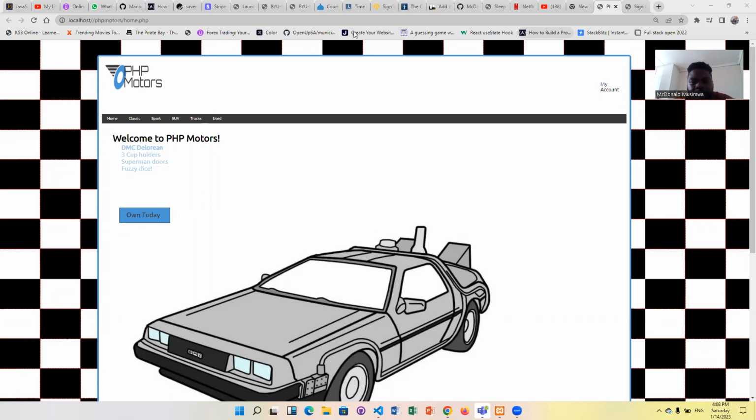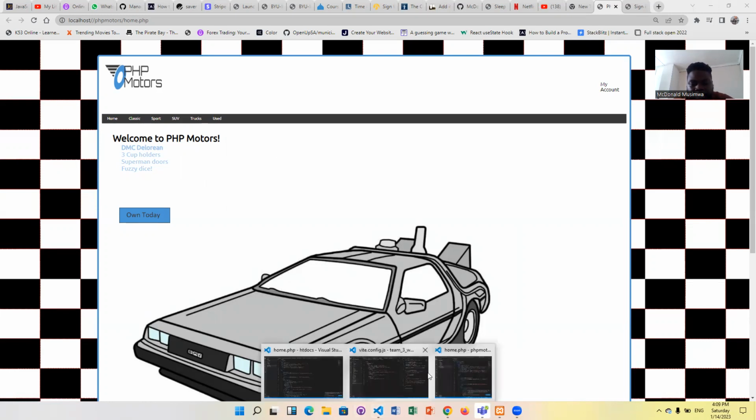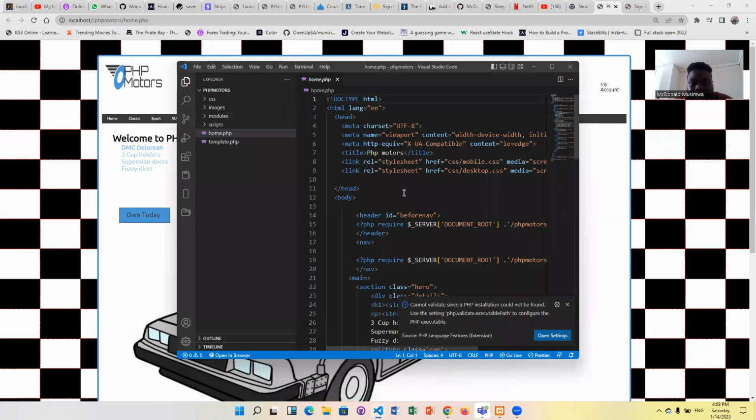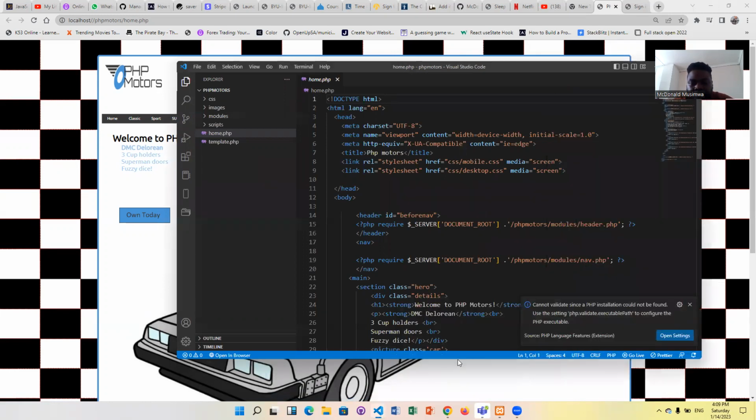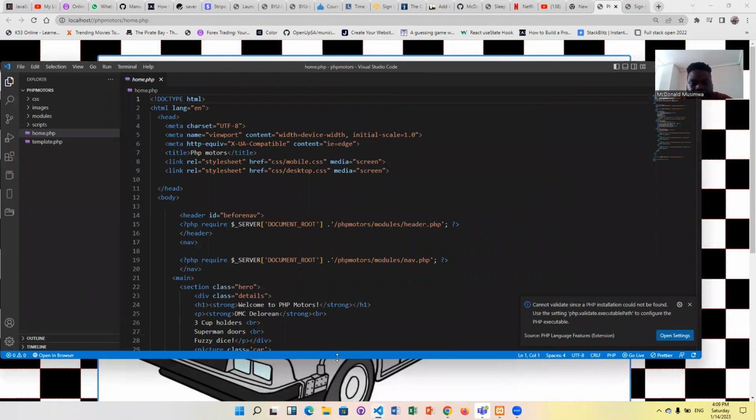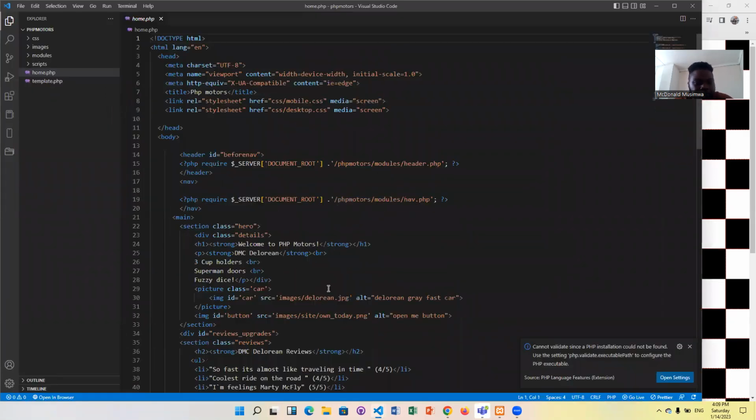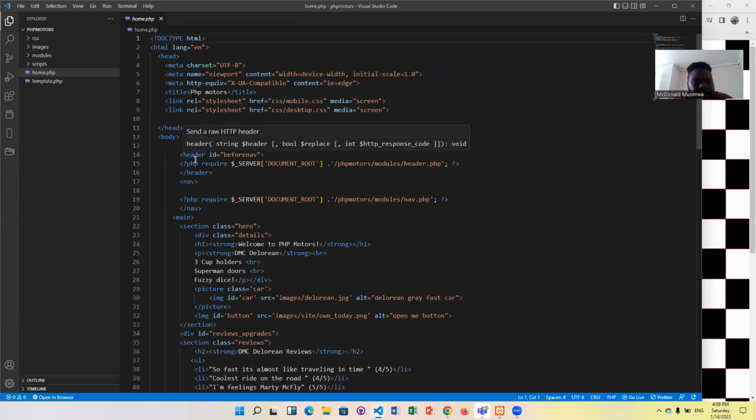And what I've done basically is that we have the nav, we have the head, then we have the hero, and we have a button within the hero. So what I've done is modularize the website. That's something that you can practice and apply in PHP. So if you look at my head, rather I have this tag of a PHP that is referencing